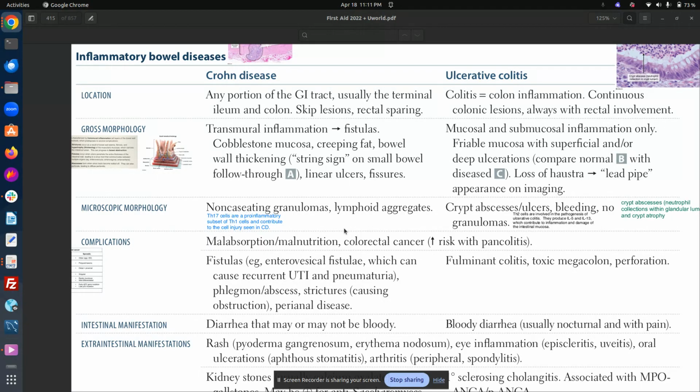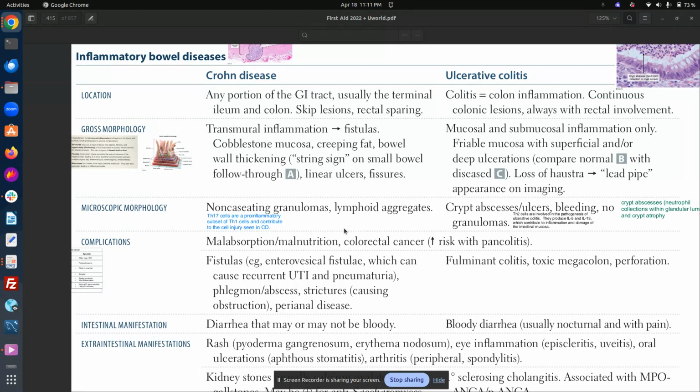What could be the complications of Crohn's disease? One very basic complication, which usually happens in all types of inflammatory syndromes, is malabsorption or malnutrition. Because of the thickening or the inflammation of the bowel, certain important elements, minerals, vitamins could not be absorbed from the GIT and can lead to malabsorption or malnutrition. Second important complication which we'll see in Crohn's and ulcerative colitis is colorectal cancer. These inflammatory bowel diseases increase the risk of colorectal cancers.